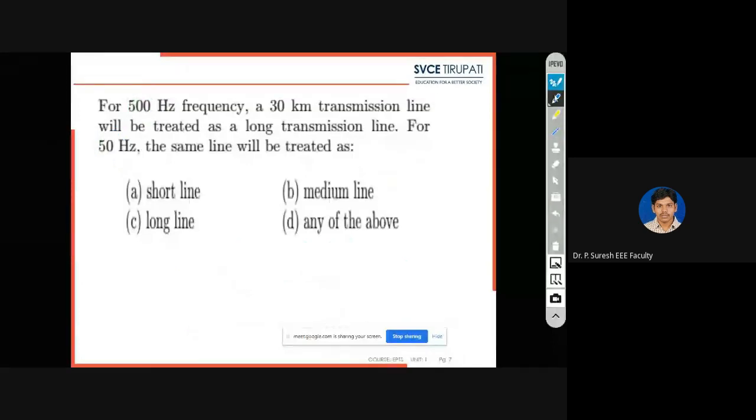So this is a simple condition. The frequency is more, but the shunt capacitance value, the shunt element, will be very small, that is negligible. So in which case is capacitance negligible? Obviously, short transmission line. Like that, we can decide the type of transmission line. Question is clear? Question is clear.